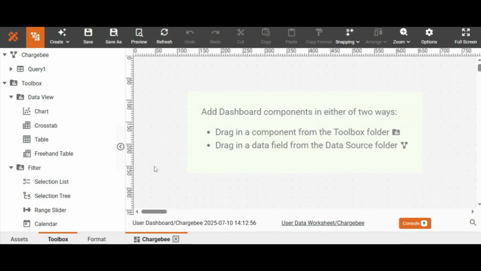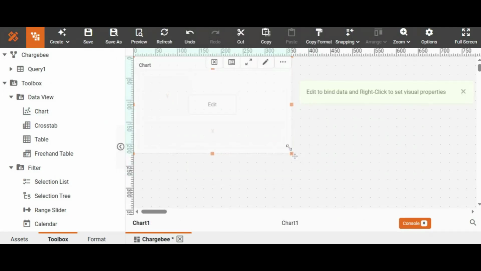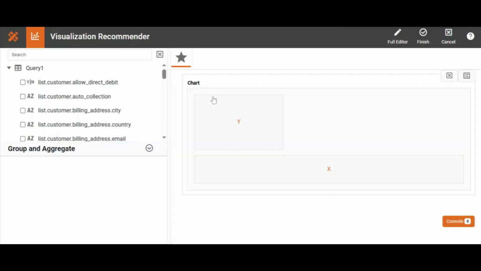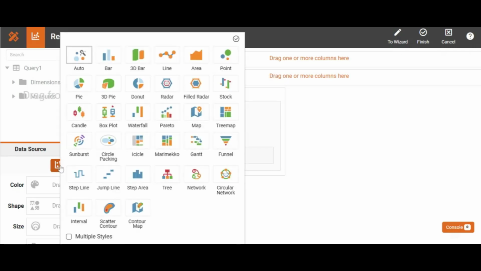And now I have Visual Composer open so I can add whatever dashboard elements I want using the customers endpoint of my Chargebee account. So I think I'm going to create a map chart of customers in the United States. So I'm going to drag out a chart, going to resize it, click edit, click full editor, going to click on the chart menu and select map,